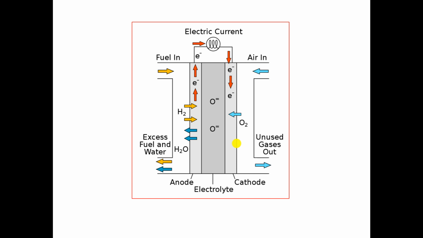the anode. At the cathode, oxygen is reduced into oxygen ions. The oxygen ions travel through the electrolyte to the anode, where the reaction takes place and electrons are released. Basically at the cathode, electrons split the oxygen, and then the oxygen combines with the hydrogen at the anode to form water.